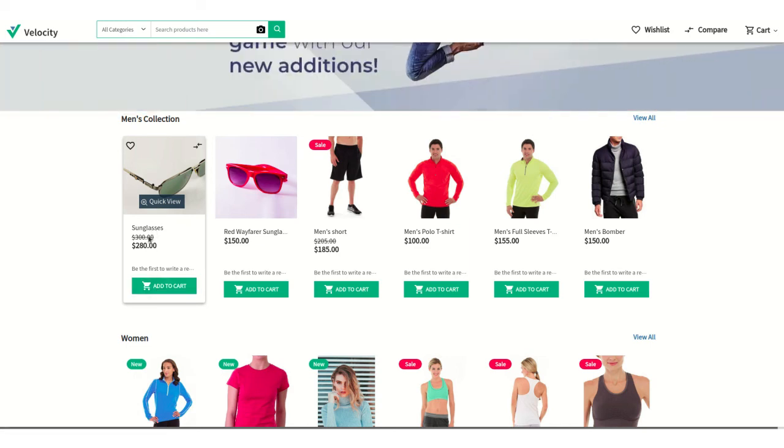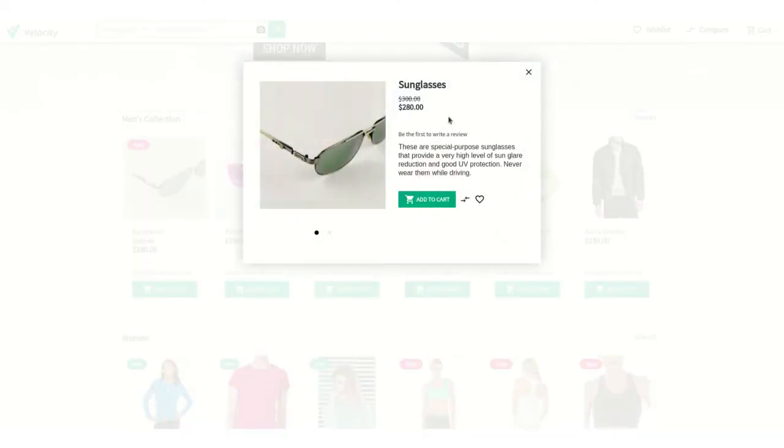Let's have a look at this product. Here as we can see, the main price of the product is $300, and after the catalog rule has been applied to that product, the discount of $20 has been provided, and the new price of this product is $280.